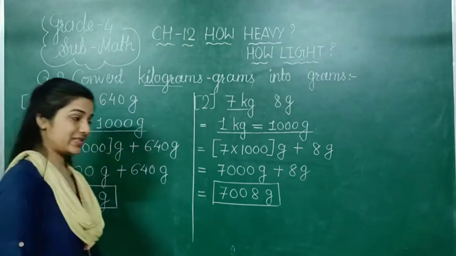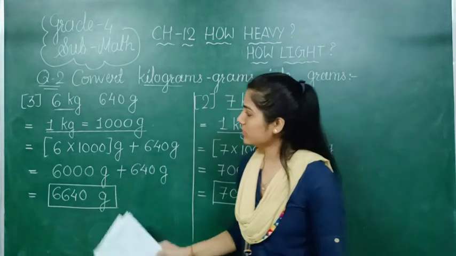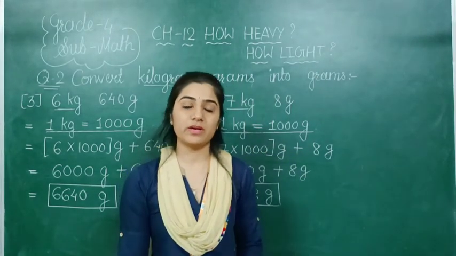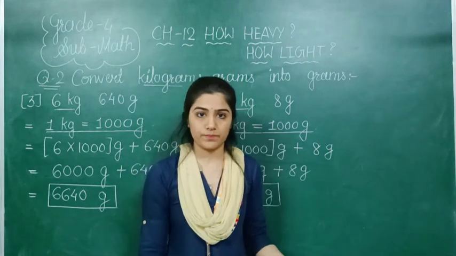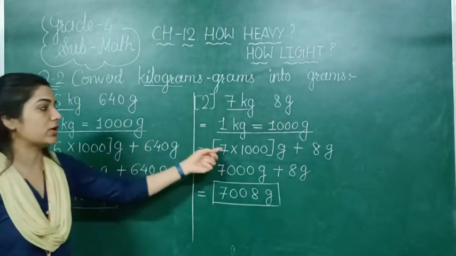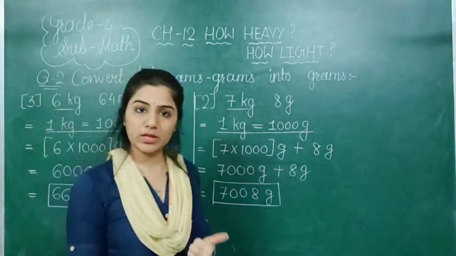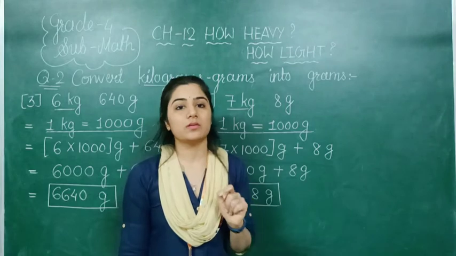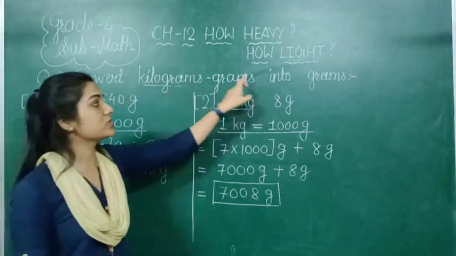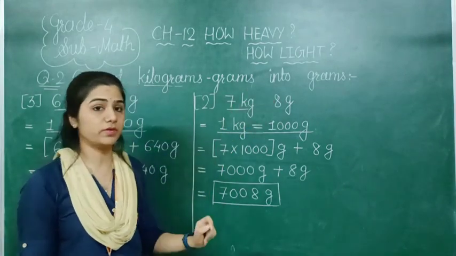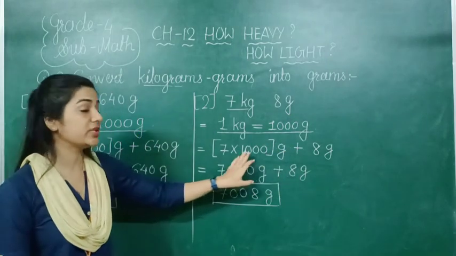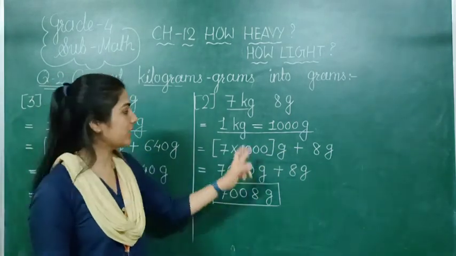Now see, very nicely I have explained to you all the sums very well. Now see, pay attention. In the question number 1 we have seen the method of division, and in the question number 2 we have seen the method of multiplication. So don't be confused. First understand the question, understand the heading. If we want to convert big unit into small unit, so you need to do the multiplication with this 1000 like we have done.